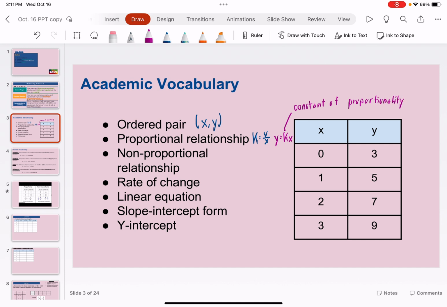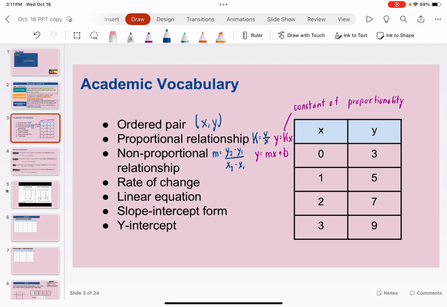Then we have non-proportional relationships. That's where relationships between two variables where the ratios are not constant equivalent. So we can't use that k is equal to y over x. We actually use a different equation, which is m is equal to y2 minus y1 over x2 minus x1. And non-proportional relationships have a y-intercept that is not equal to 0. So whereas the proportional relationship goes through the origin, our non-proportional relationship is written as y equals mx plus b,